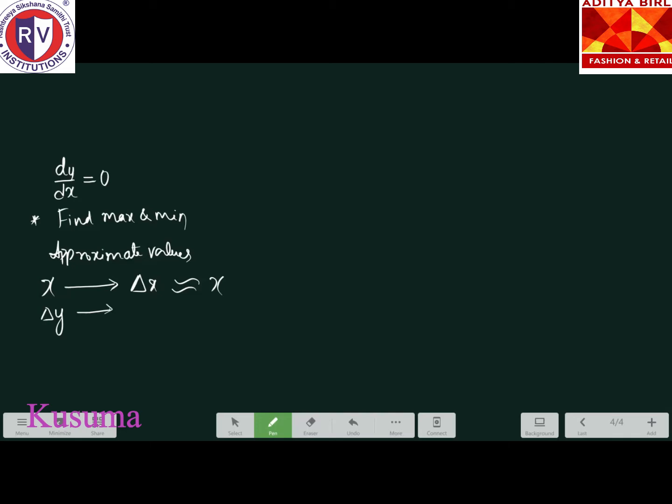Okay. So look at the question number 32. Here it is given that if x is equal to ct and y is equal to c by t, then find dy by dx at t is equal to 2. You have to find out dy by dx at t is equal to 2.